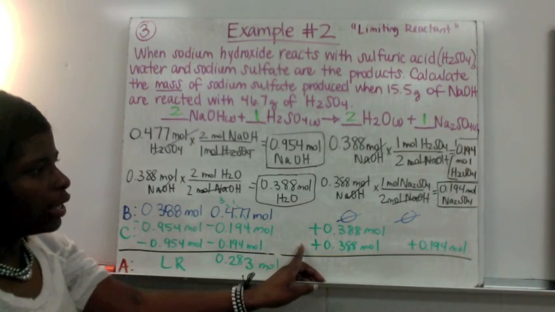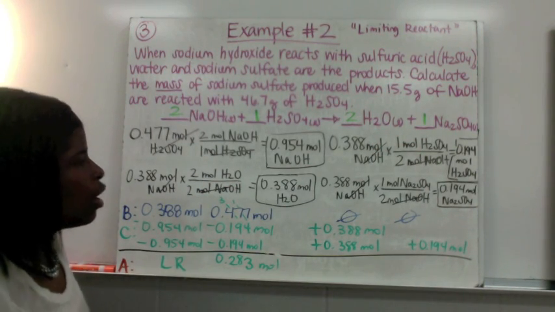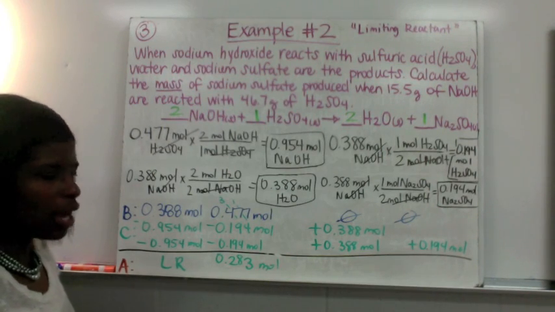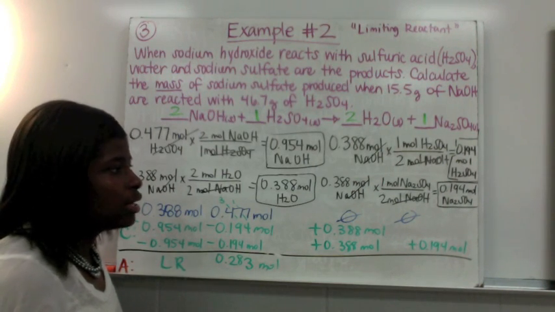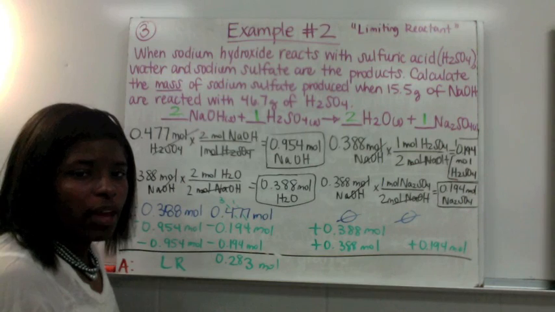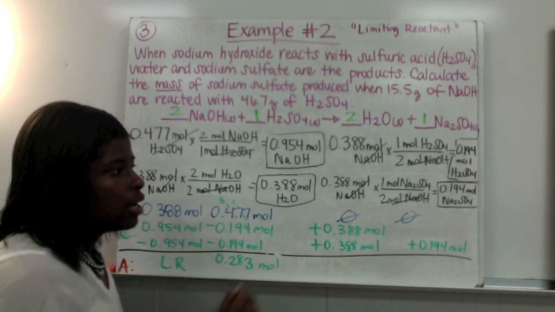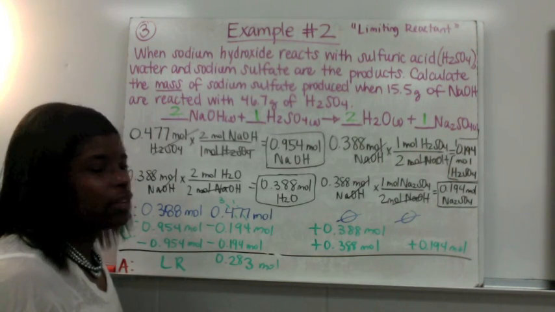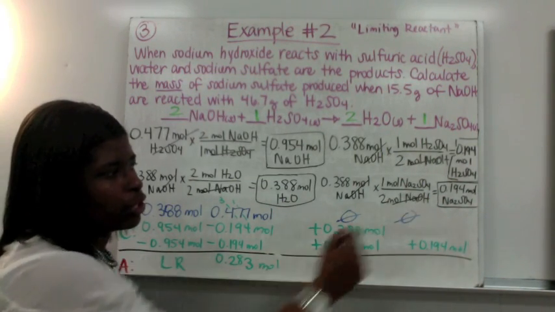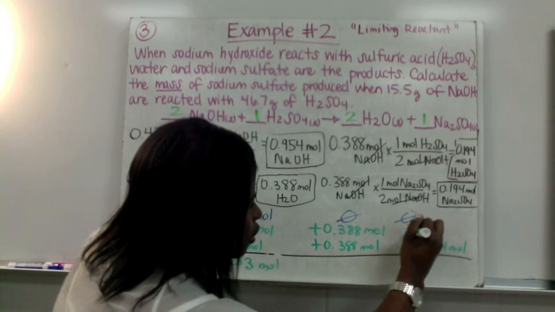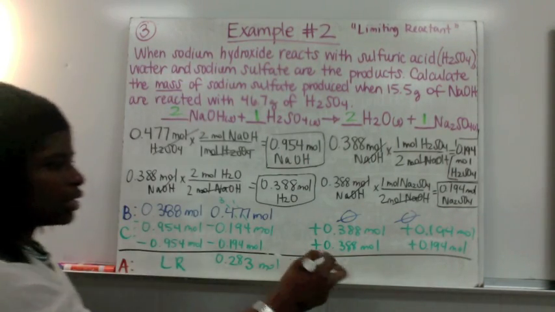So then once we get to our sodium sulfate, because that's what our final product is, we're going to use that same 0.388 moles of sodium hydroxide because that was your limited reactant. So 0.388 moles of sodium hydroxide is going to be set up to the ratio of sodium sulfate and sodium hydroxide. So 0.388 moles of sodium hydroxide multiplied by 1 mole of sodium sulfate divided by 2. So 0.388 times 1 divided by 2 gives you 0.194. Remember, that's positive because you just produced that. That was made in the chemical reaction. So you're going to drop these numbers down